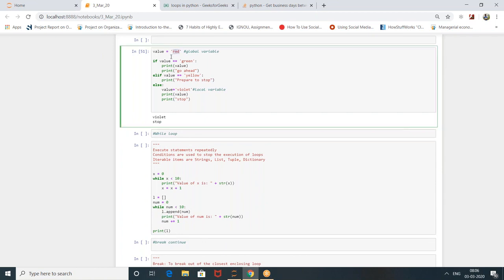Okay. This is red. So first it will check in this if condition whether it is valid. Red is not equal to green, correct? So it did not go into this if condition. Then it will check elif value is equal to yellow. Whether this red is equal to yellow. No, it is not equal to yellow. So it did not go into this elif condition also. Then it will come to this else. Else is always like, if you did not pass if or elif conditions, then you will definitely come to me, right? So it came into else, then it changed the value to violet, and I'm just printing out what the value is now. And then this is just a hard-coded print statement.